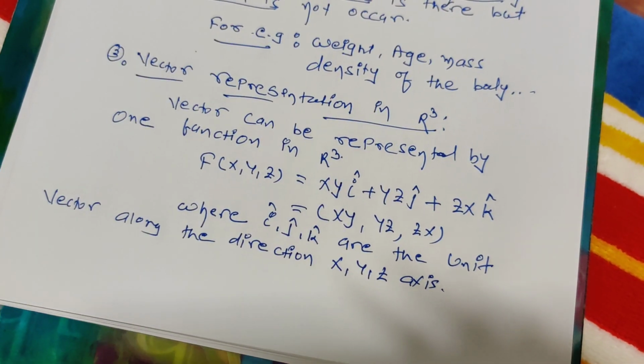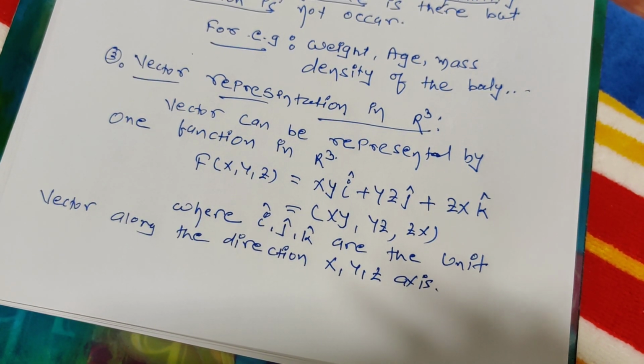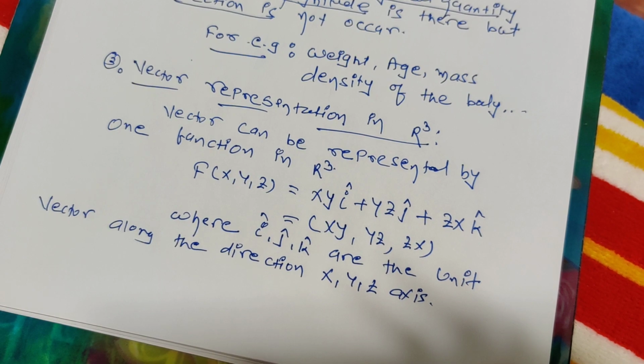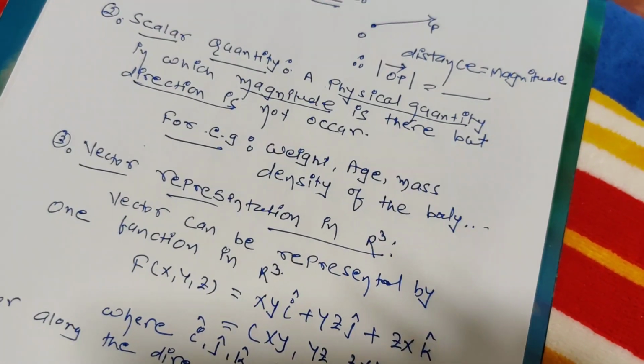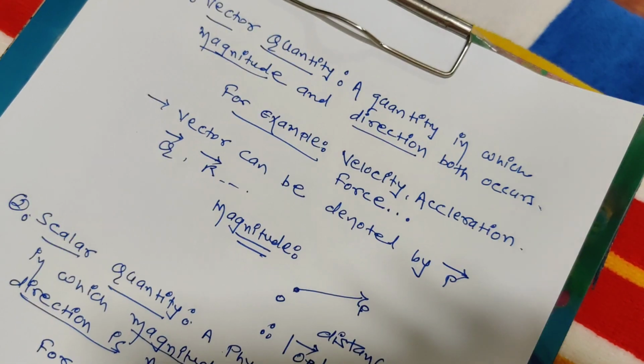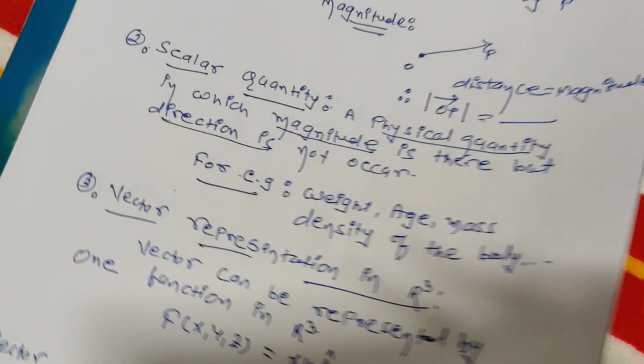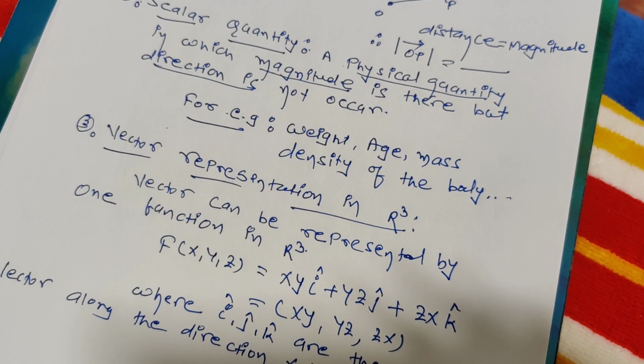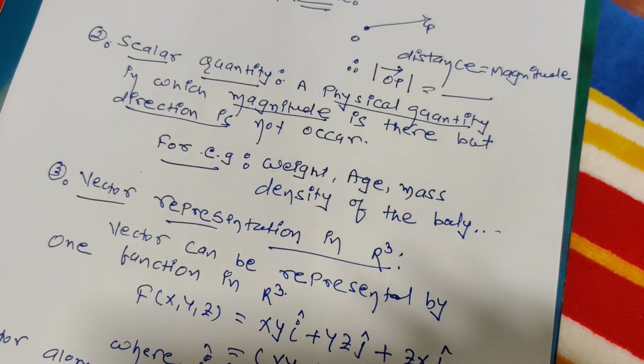So what is ijk? Ijk are the unit vectors along the direction of x, y and z axes, students. So this is how we can write the vector quantity as well as the scalar quantity and vector representation in R3, students. Now we'll move to the